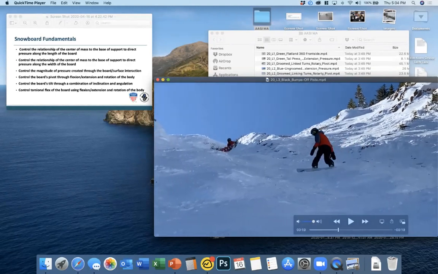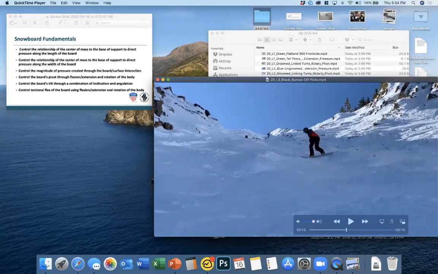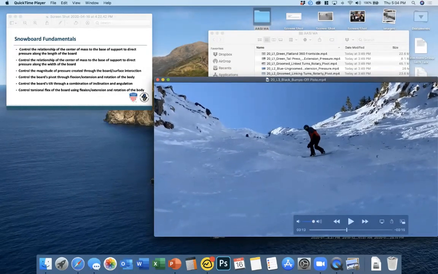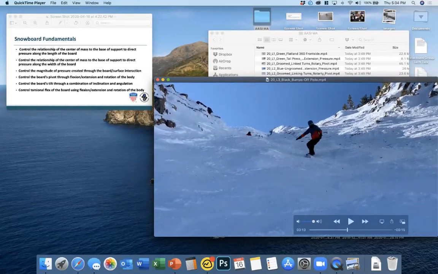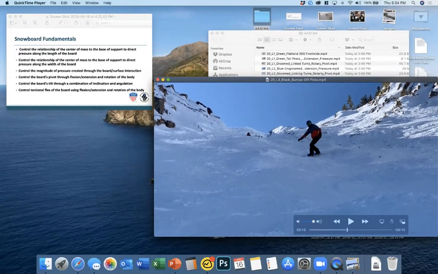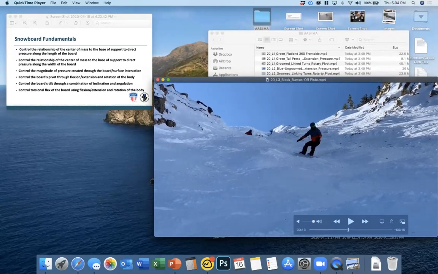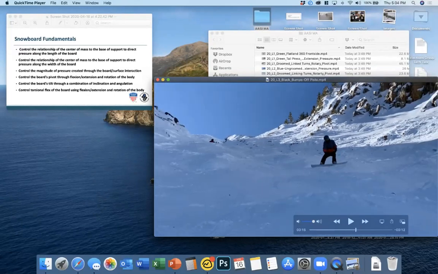So we come through this turn across on the toes and go into the heels. The shoulders are open, but that movement right here comes from lower body movement, back knee coming around the front knee a little bit. It's not necessarily pivot coming from the upper body, rotation coming from the upper body. Coming in here,